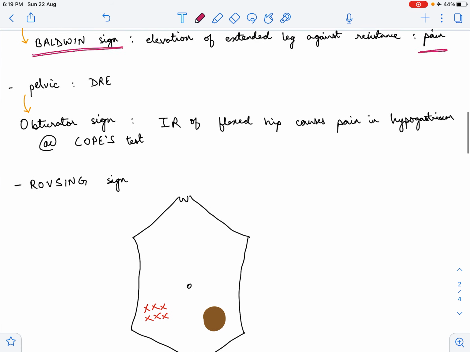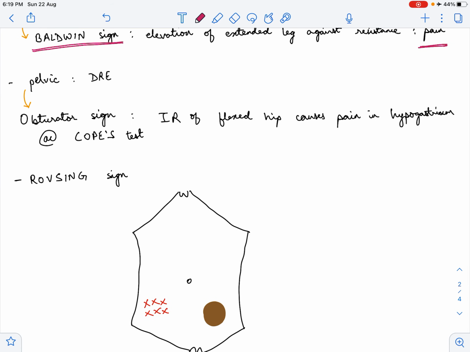Next, let us look at a pelvic appendix. Now, in a pelvic appendix, since the appendix is in the pelvis, it will irritate the structures in the pelvis. So, if it irritates the rectum, it will cause tenesmus and diarrhea. And in a female patient, if it irritates the vagina, the patient will complain of vaginal pain. The patient will also complain of increased frequency of micturition.